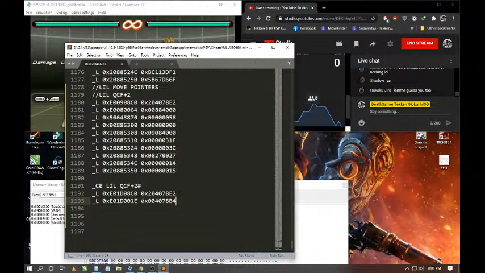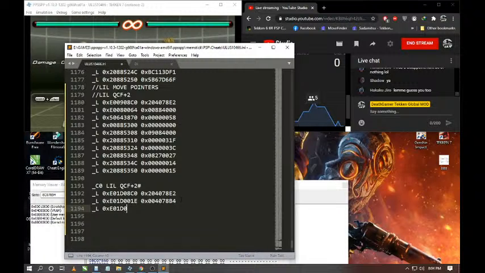So this is 004078B4, which means the ID condition. On 4078B4 you can find the IDs of characters. So we wrote that if the stage is loaded, and if it's Lily, then we again write a